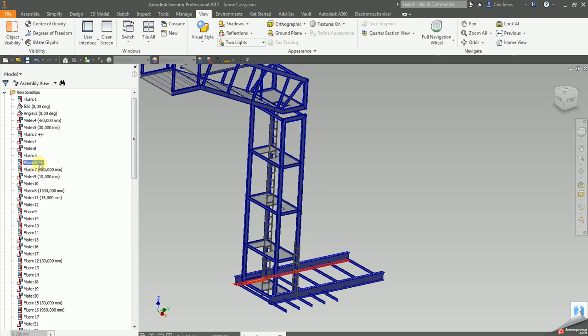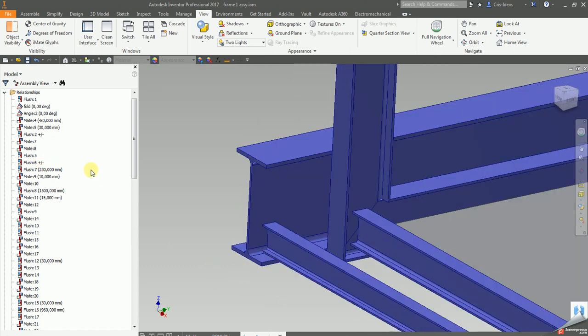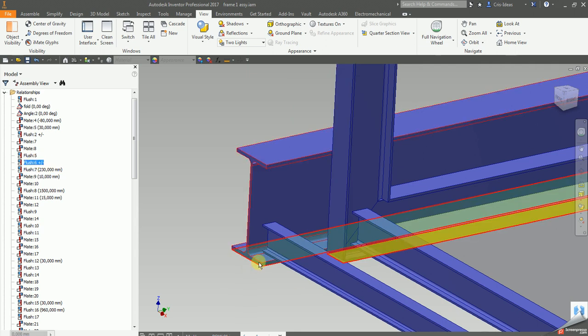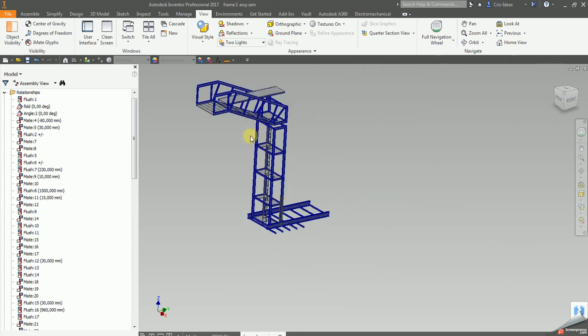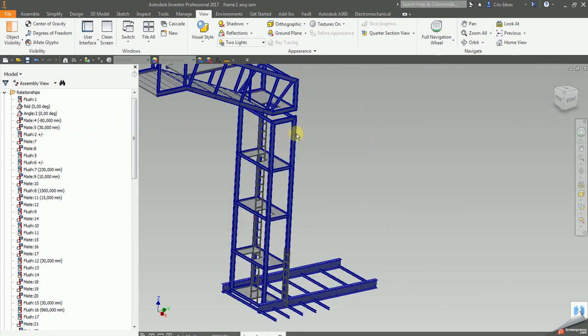This is the flush 6 constraint that involves the bottom surface of this I-beam and the bottom surface of this I-beam here,